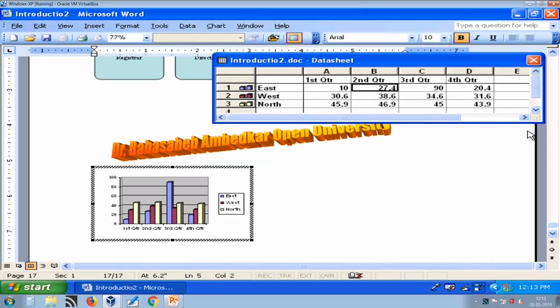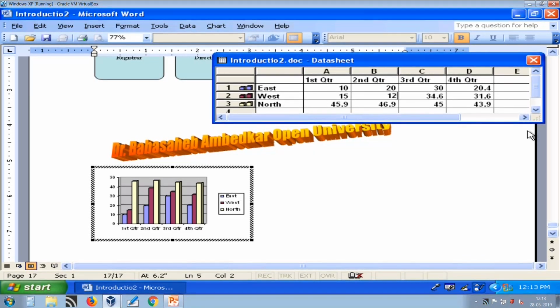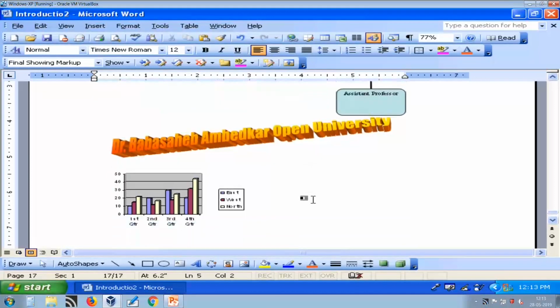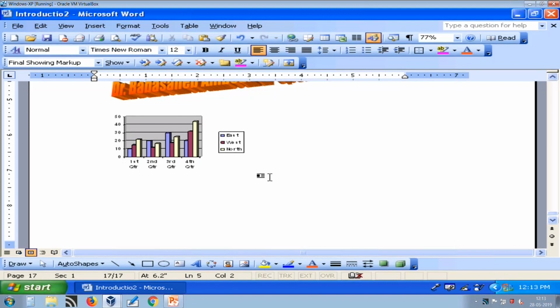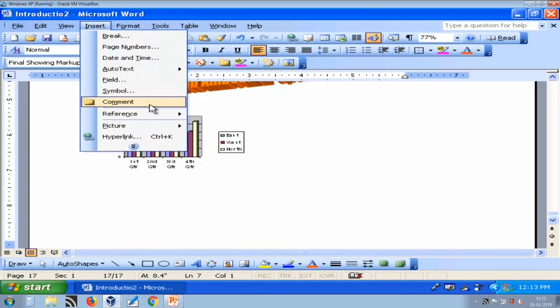So, here I can enter my data and accordingly my chart is changing. You can see that my chart is changing. So, I can quickly enter chart, and in Excel we have already seen how to create chart. So, you can insert chart like that.